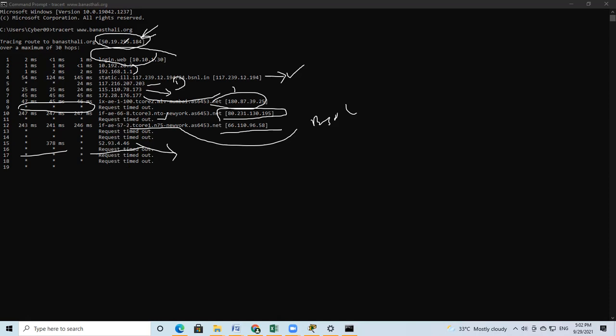I think 52, nearby Banasthali, inside a secure network managed by your organization. Otherwise I would get every location here and maybe hack your Banasthali. So inside, I think 52. Then after 52 also in Jaipur.